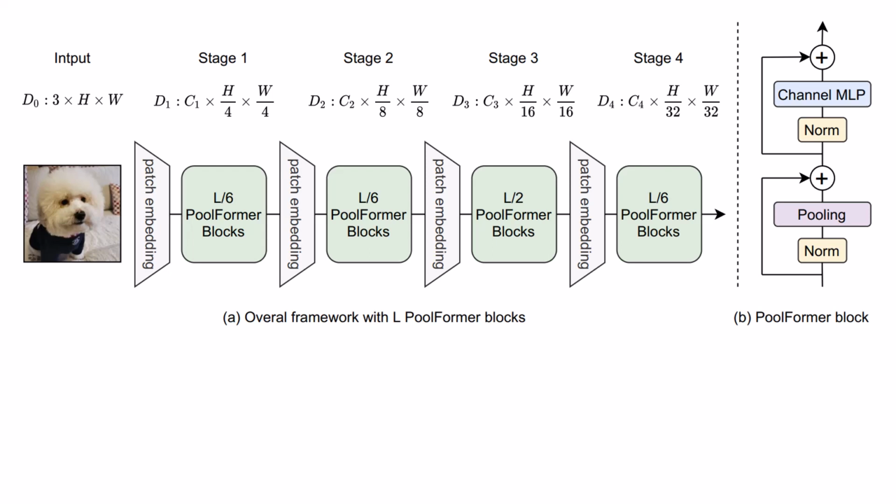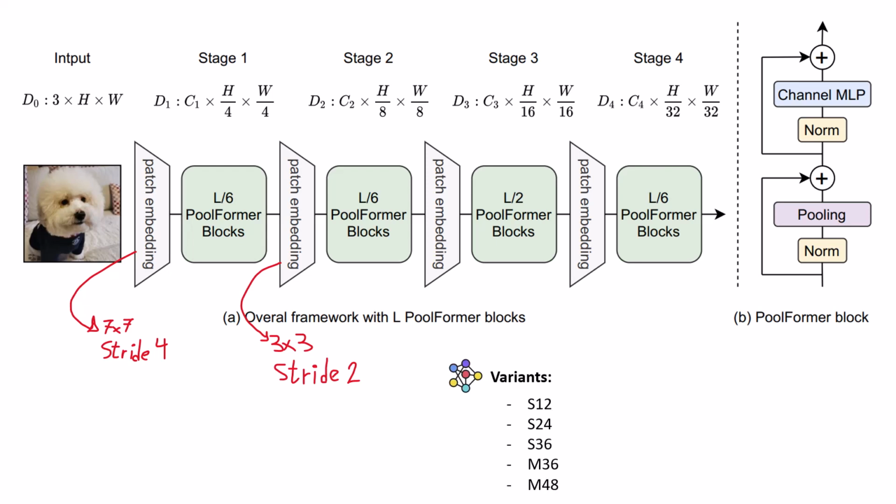And so first, when we have an image, we pass it through a patch embedding, which does 4 times downsampling. And for this downsampling, they are using a convolution with 7x7 kernel size and a stride of 4. Then we have a couple of PoolFormer blocks, and then we have the patch embedding again. But from here on out, these patch embeddings are doing 2 times downsampling. And for doing that, they are using a convolution of 3x3 kernel and a stride of 2. And yeah, that's the main idea.